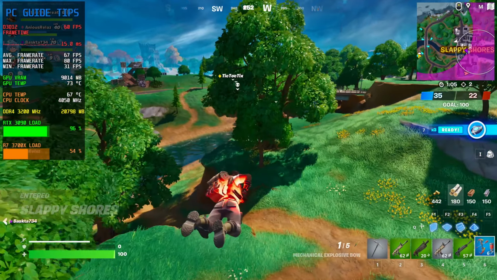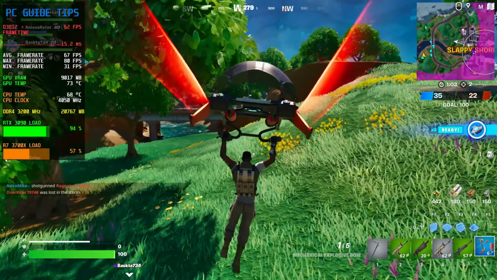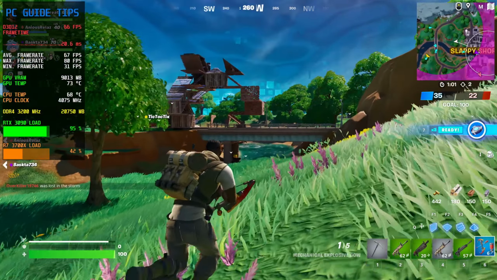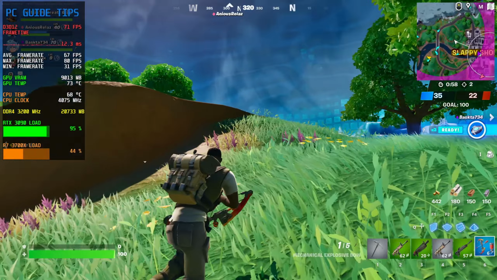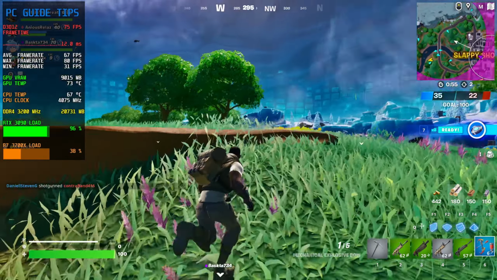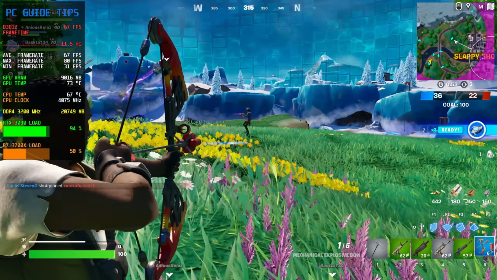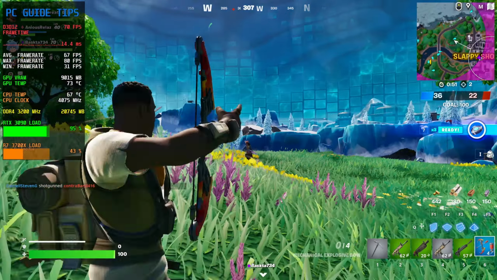Epic Games really took care with implementing Nanite and Lumen. In my opinion, Nanite is the real interesting